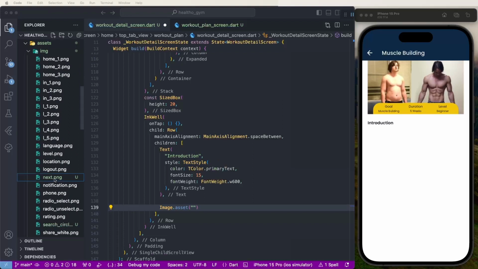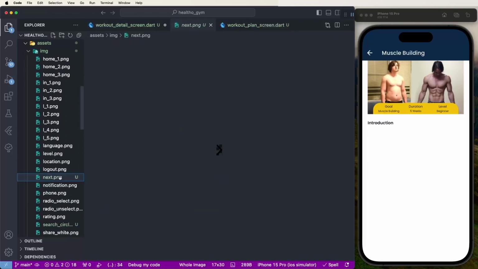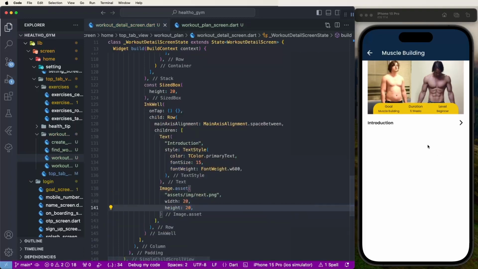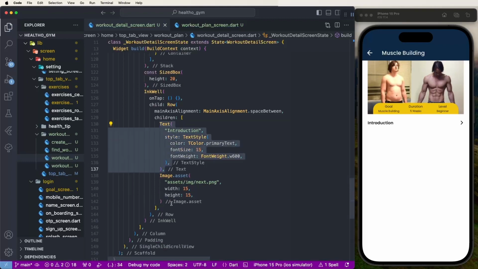And now need to use this here the next buttons. Copy relative path of the next buttons, and to set this here. Now need to set this here the width as a 20, and height also set here the 20. To save this here, so like this here, maybe need here 15, look like show here. Then after, we need to create here the text fields on others. Now to set here the subtitles for this row,